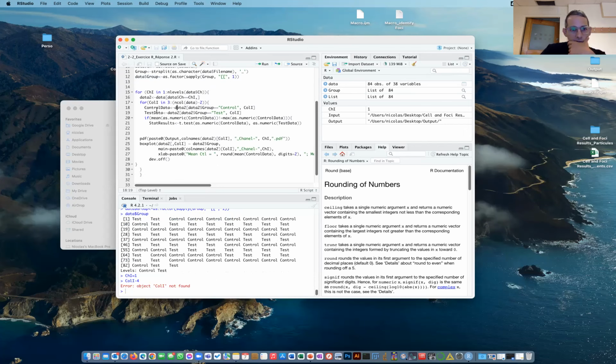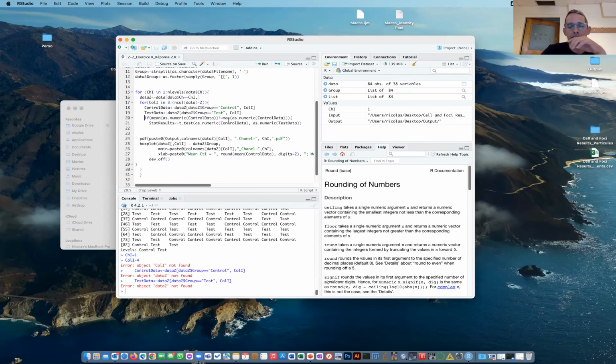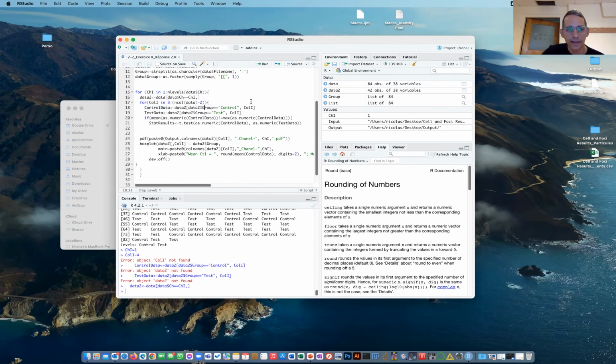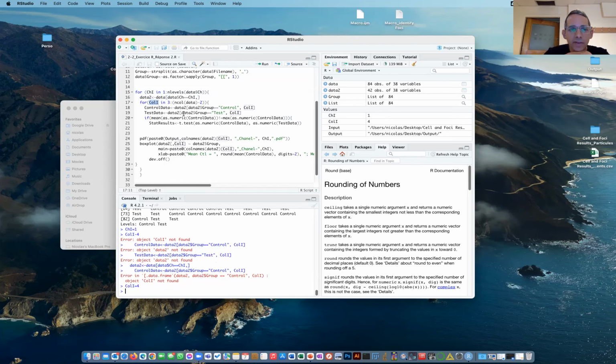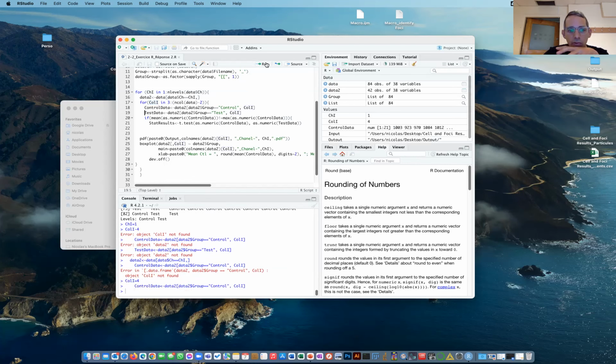The first thing you need to do, when you have data, is to kind of segment your data. So I made 2 separate tables, one for the control, one for the test. And this is how you make it. I won't go into the detail because I want to focus on the most important thing, which is plotting the data. In the end, you can run everything in one go. In this case, I just want to show you